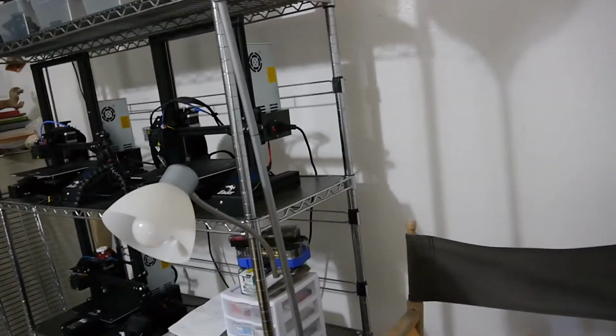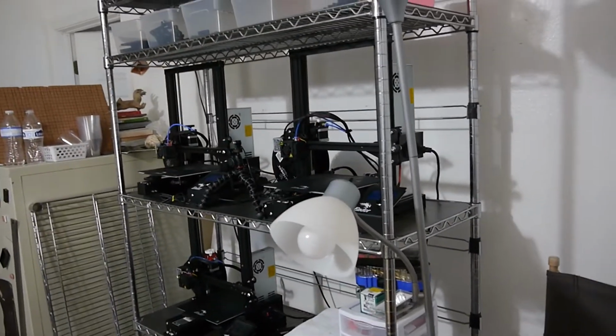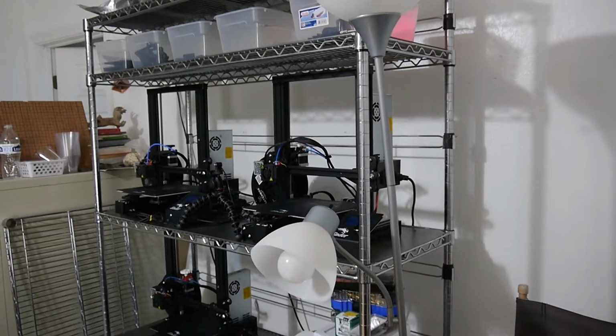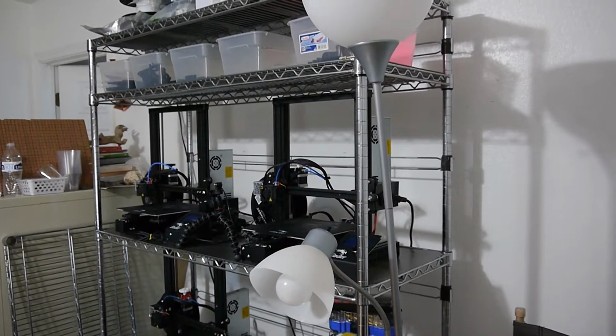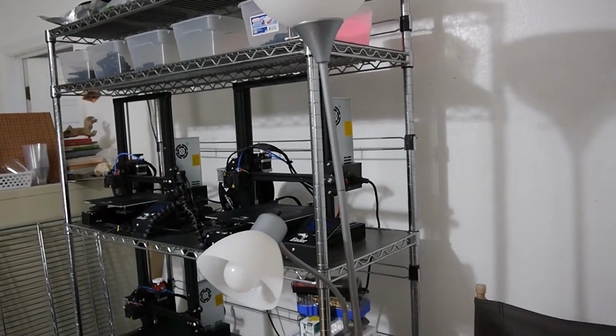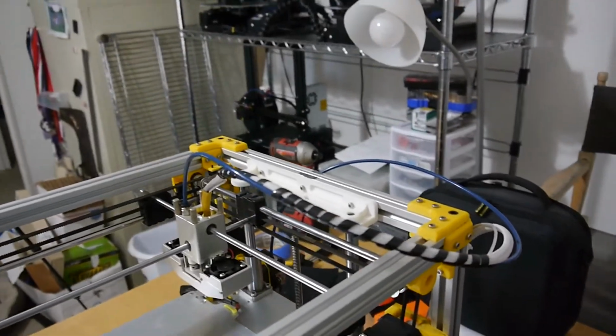What else? The post coming up here was loose. I mean, he just didn't put it together correctly. But other than that, everything else worked great. And once I cleaned it off and tightened everything up, made sure it was assembled correct, it's been printing like a champ. And I hope